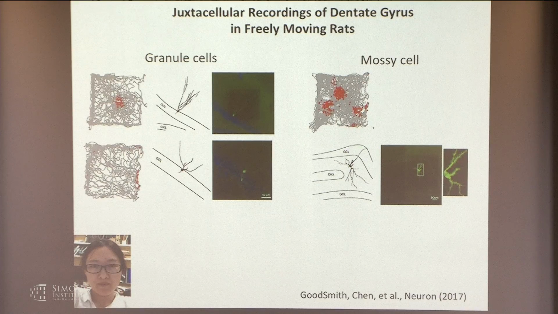And here's her one really good example of a Mazi cell here in the hilus. You can see it's called a Mazi cell because of the Mazi-like appearance of these so-called thorny excrescences, these postsynaptic large spines. And it was one of these cells that had actually 3 firing fields. So this is more evidence that really confirms the idea from the single unit recording about these 2 different cell types.